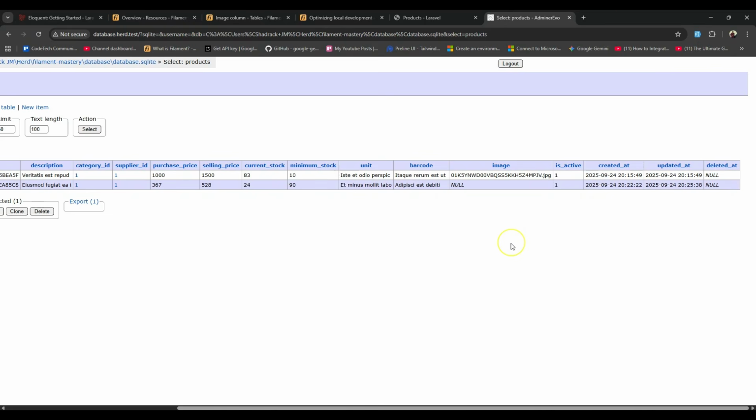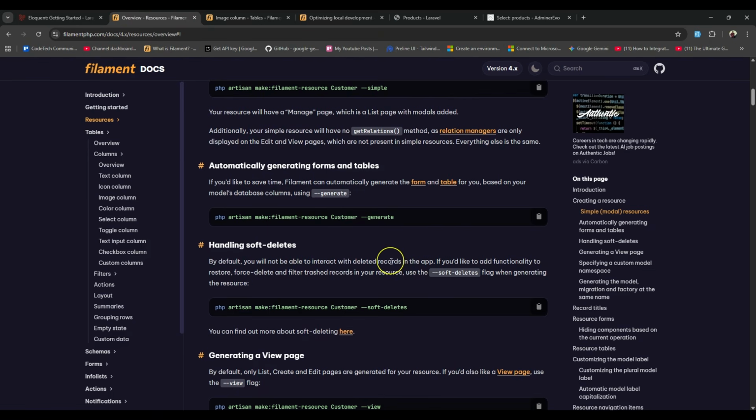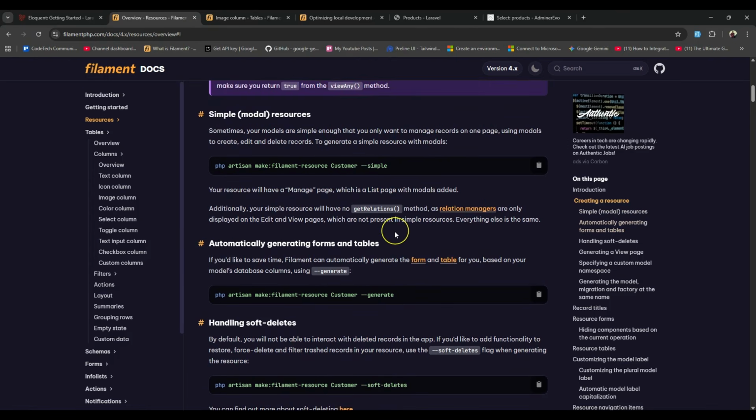So that's how easy you can just implement the deleted_at and use, let's say, the trashed or withoutTrashed and something like that. So now let me just go back here, and you can see these are the products that we have created. Okay. Out of that, now let's go back here, and I've shown you how to use the soft delete,